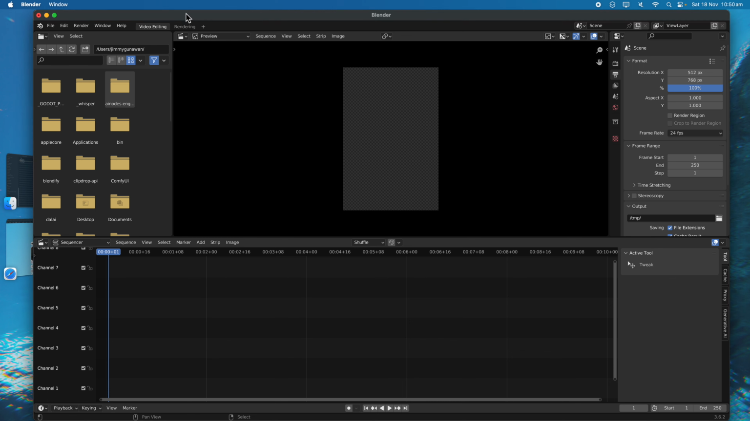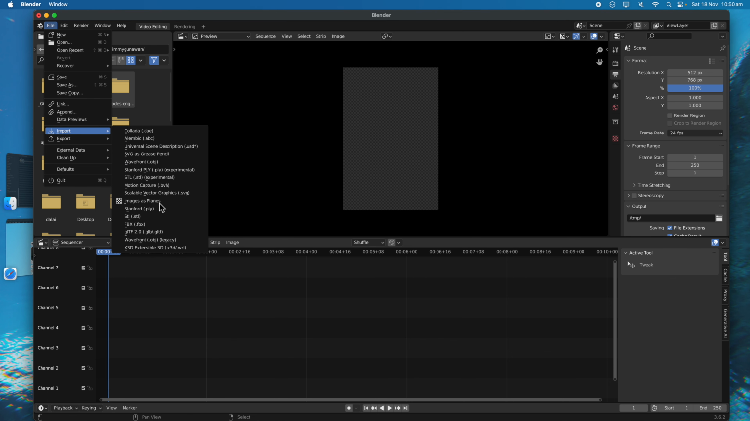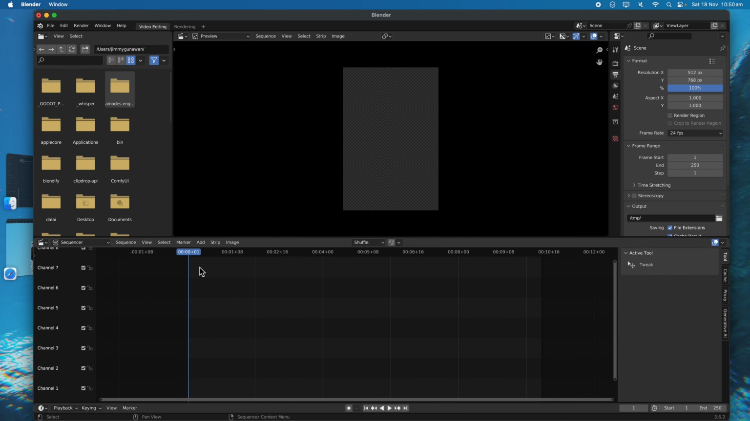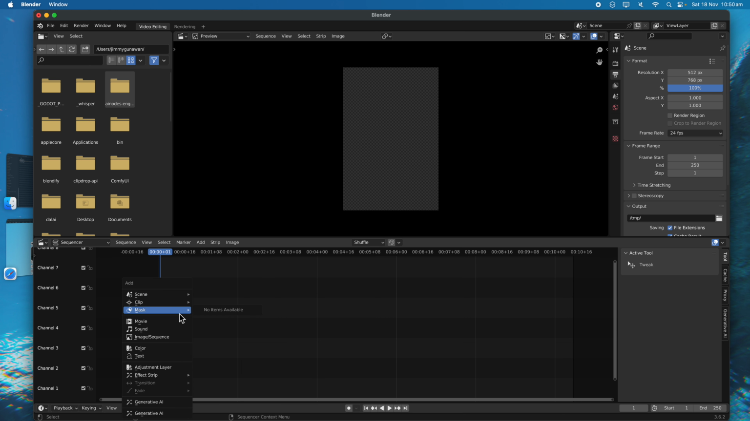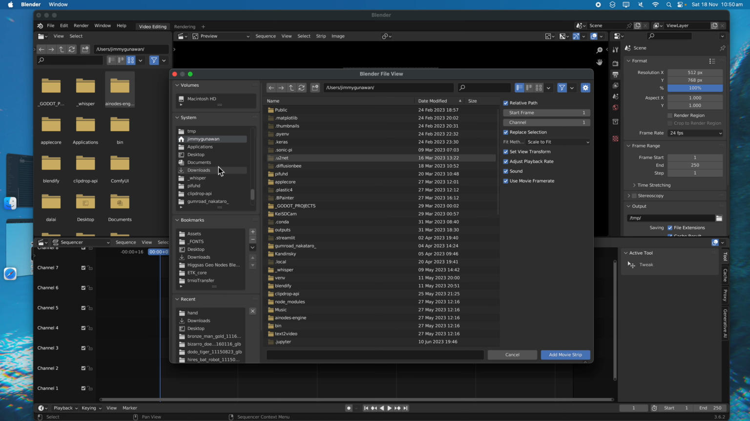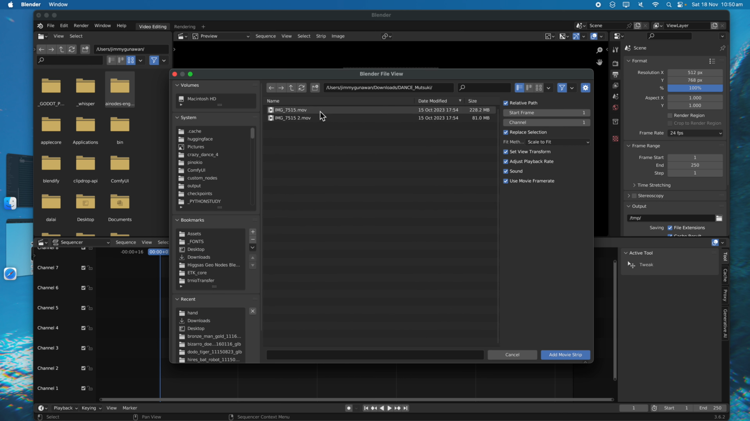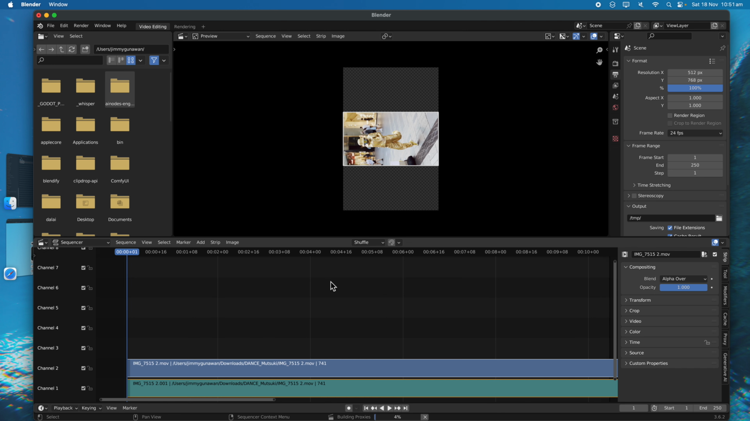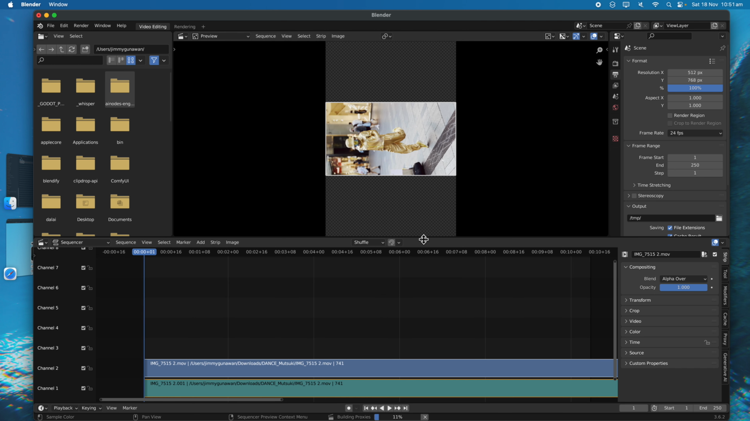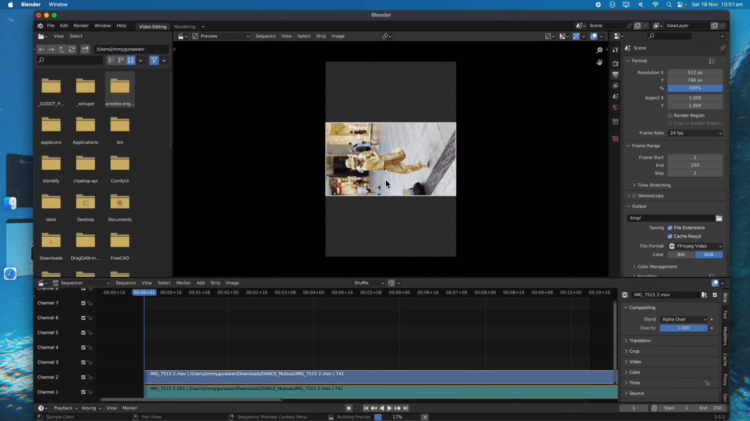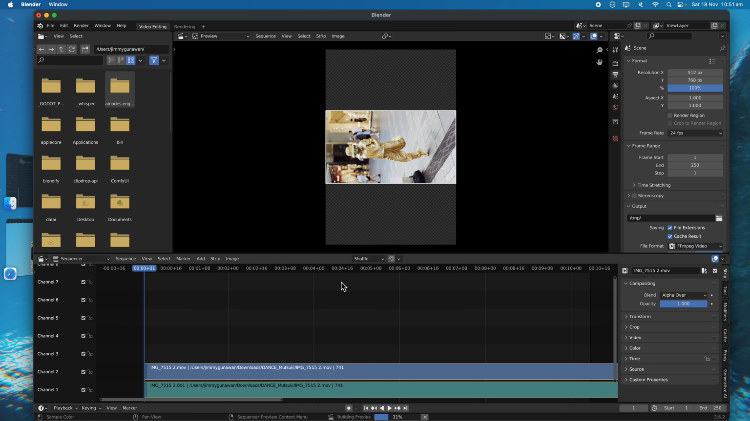So all we need to do in here is Shift A, import a movie, downloads. I need to tidy this up. Okay, actually the first one is kind of nice too. Let's try it. See, it's actually rotated. The color seems to be different from the original. Maybe it's because it's SDR. Anyway,